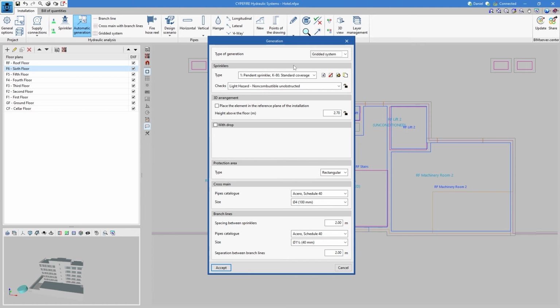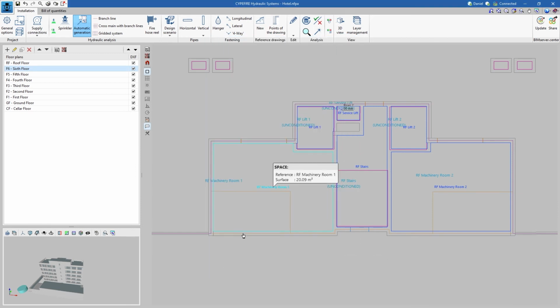And if we let the program introduce all the sprinklers automatically, we only have to pick what kind of generation we want to have. One more time, the sprinklers that we want to introduce in that space, and also all the properties like we did before. But in this case, we only have to go to the space, choose the space that we want to define